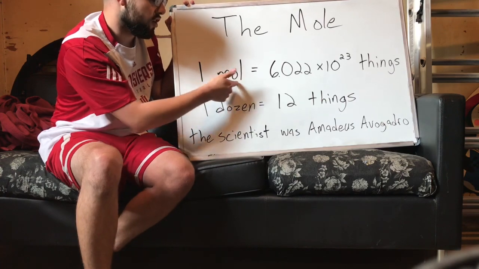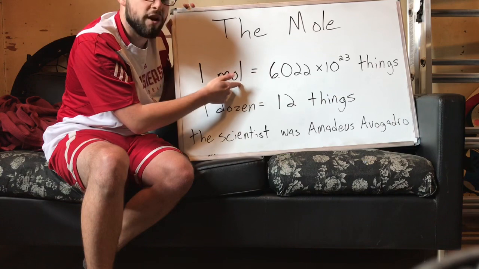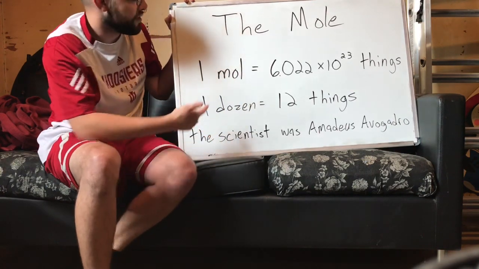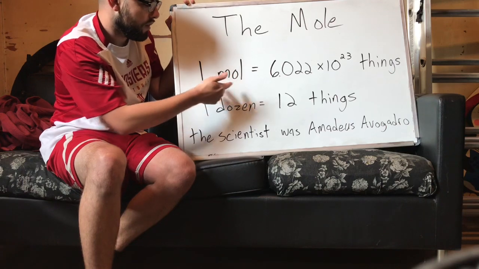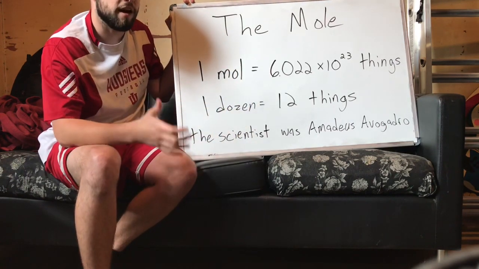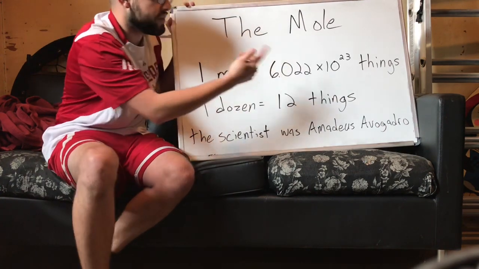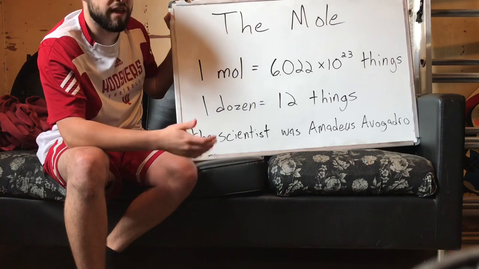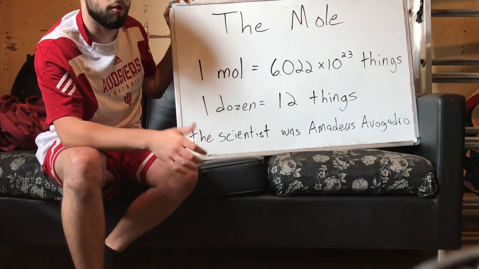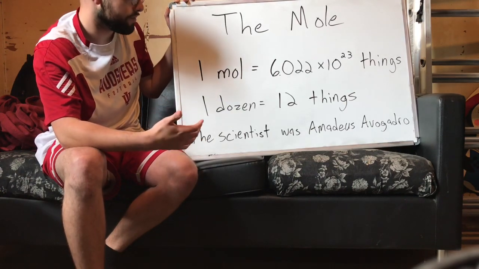MOL, this is just our abbreviation for mole. If it's MOL, we know it's a unit, and it's not that little digging critter. So MOL, mole. 1 mole is a really big number of something. It's 6.022 times 10 to the 23rd of that thing. That's much, much more than a trillion, more than a quadrillion. It's a huge number of things.